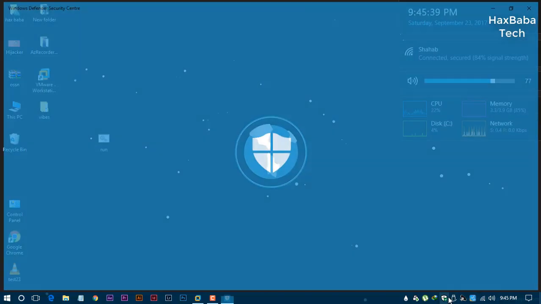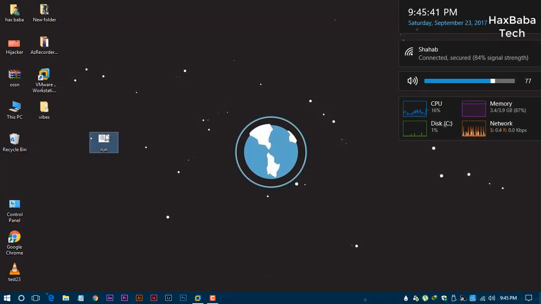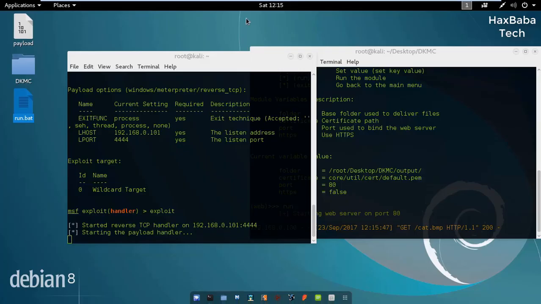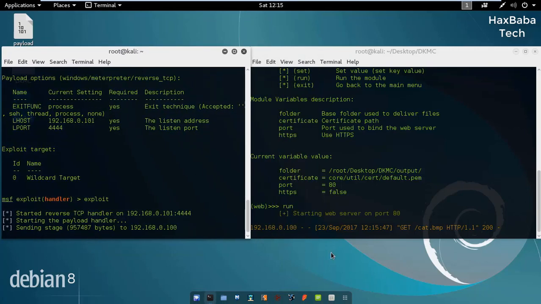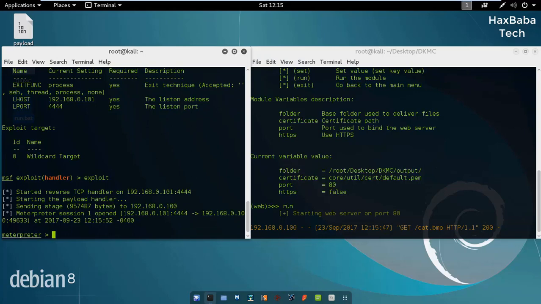Let's execute the batch file, and that's it. Okay, here we go. In our Kali machine, we got a meterpreter shell. We successfully spawned a meterpreter shell by an image.